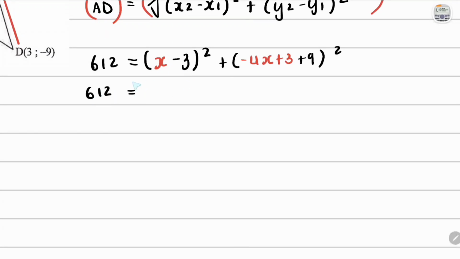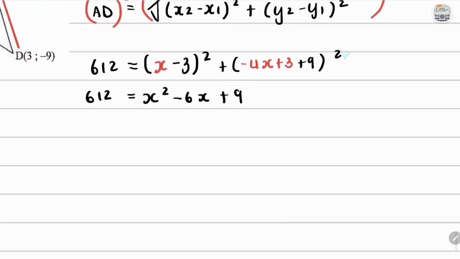So we still have 612. And then here we have x squared, and then square the last term, which is +9. First term times second term is -3x, times 2 is -6x. Then same thing happens here. We can just look at the fact that they would have added and they will give you +12 all